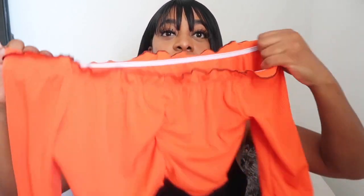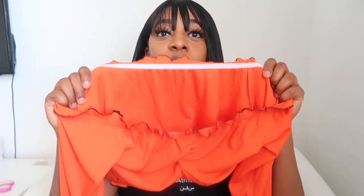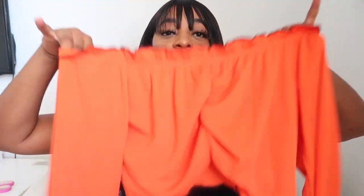So this is a 2-piece set here. So this is what the top looks like, and like I said, it's a really nice material. I don't know if it's gonna pick up on that, but it's super stretchy material. Has the elastic on the inside. This would be easy. Also, I think they do put tags in there. I don't know, you have to probably reach out, but this would be really nice because you could throw your own tag in there for your business. So this is a 2-piece set. So that's the top,